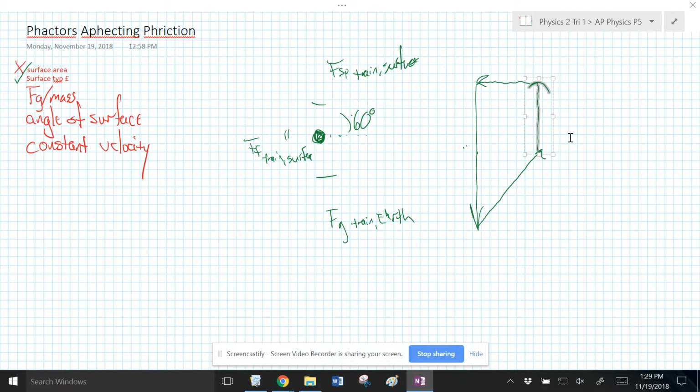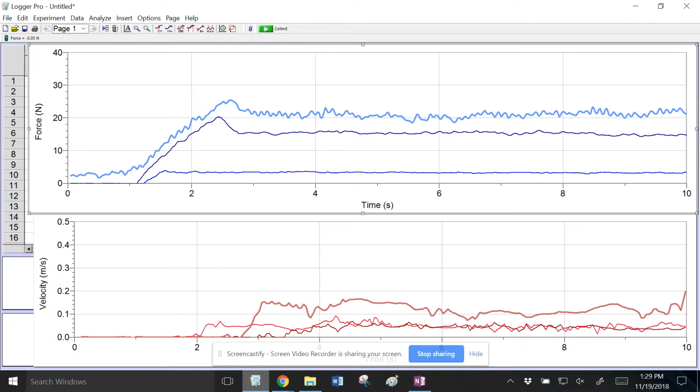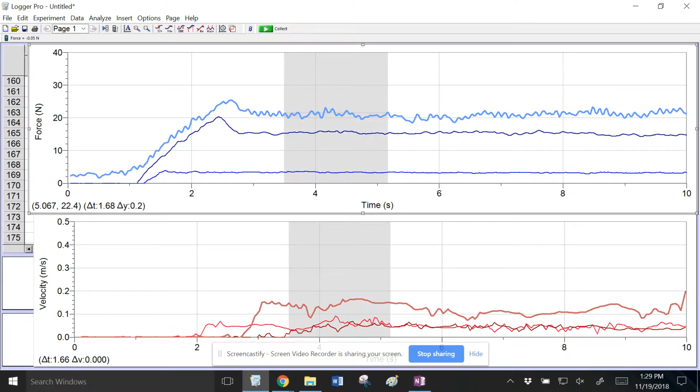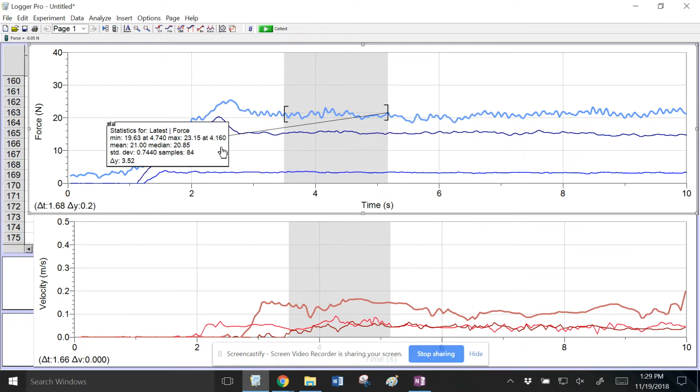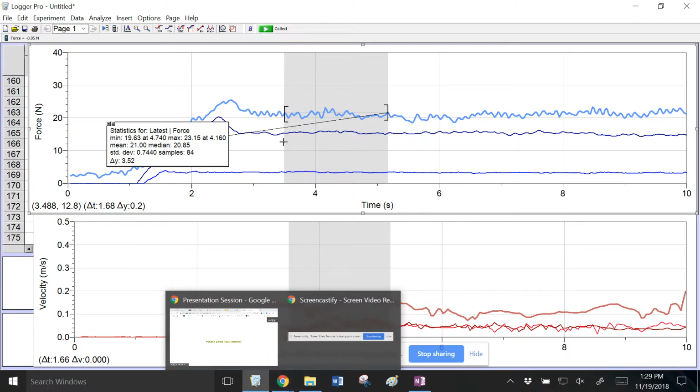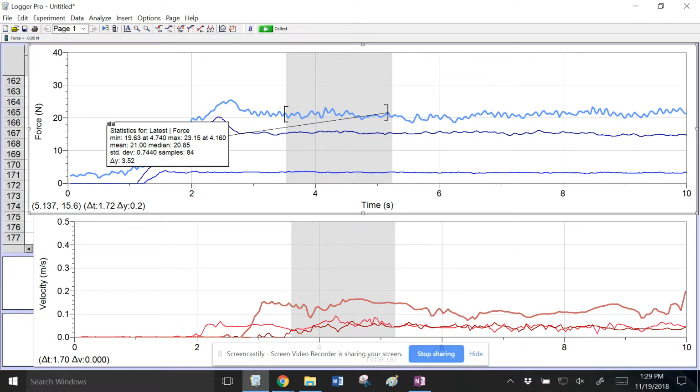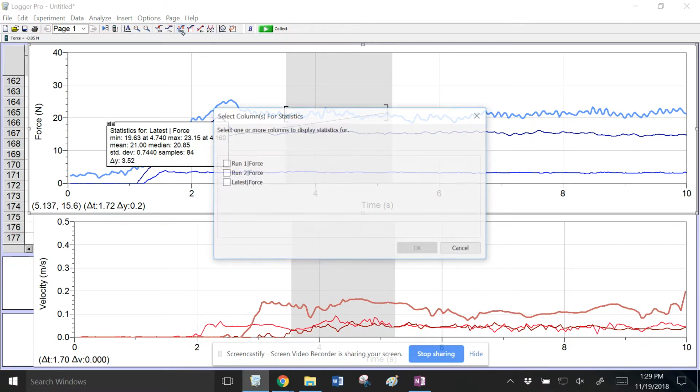Right? So that's the whole idea: changing that angle changes the smoosh poosh, but does not change FG. So this is 60 degrees. If we go over here, it's right around 21 newtons, okay? As compared to when I pulled straight on,